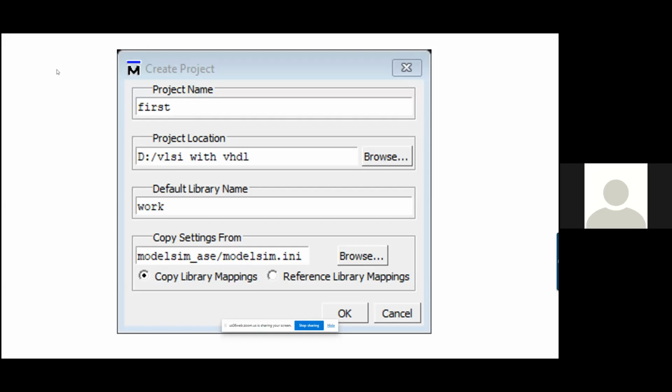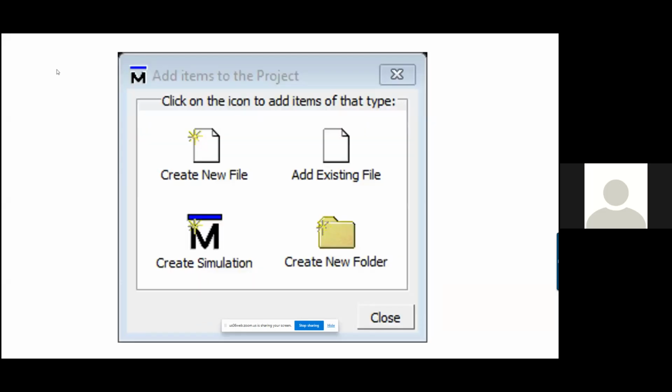Now there are different libraries, and to work on it, a work library is available. Now we are working according to the ModelSim configuration. So we can select modelsim_ase, modelsim.ini, and we can copy that library into our project. Once you click OK,